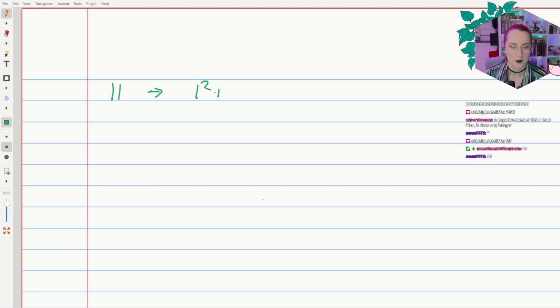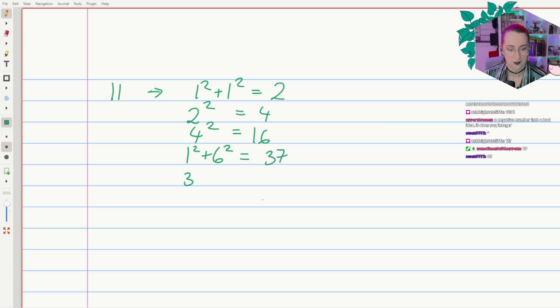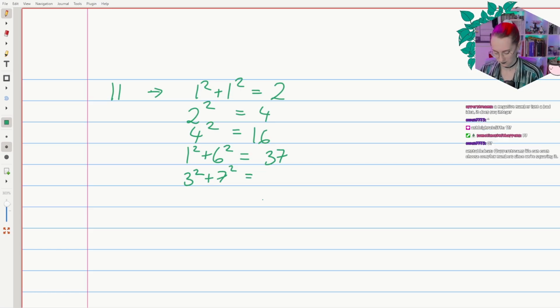11 goes to 1 squared plus 1 squared, which goes to 2. 2 goes to 2 squared, which goes to 4. 4 squared goes to 16. 1 squared plus 6 squared is 37. 3 squared plus 7 squared